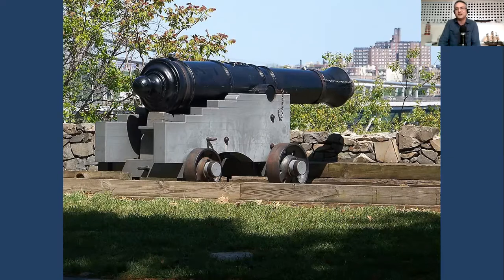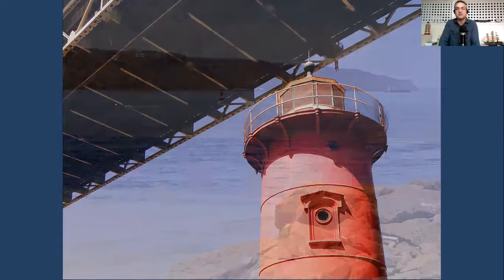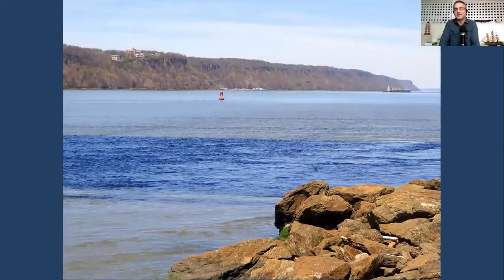Well, the Coast Guard kept the little lighthouse in operation until 1947. In 1951, they announced that they were going to auction it off. And the terms of the auction were pretty simple. If you placed the winning bid, you had 30 days to remove the lighthouse from city property. Well, as soon as that reached the newspapers,